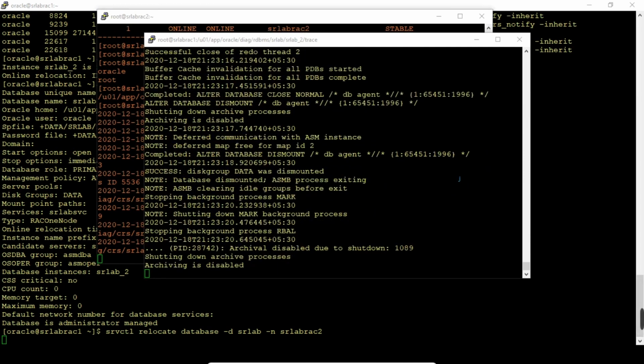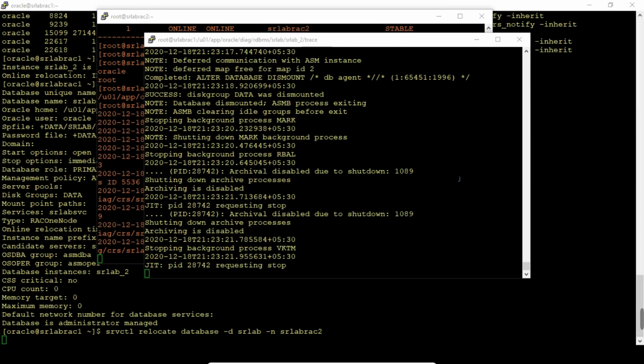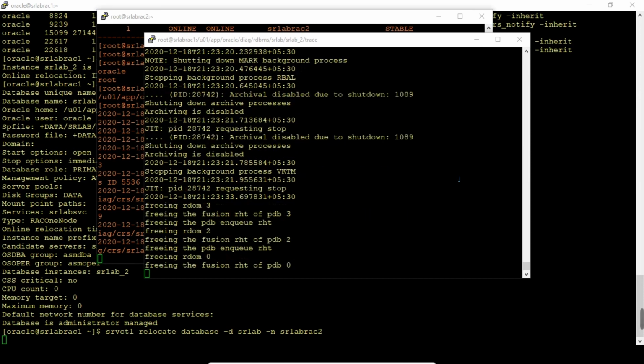Okay, the database services have been relocated successfully. The instance went down on rack node 1. Now you can check the database status.